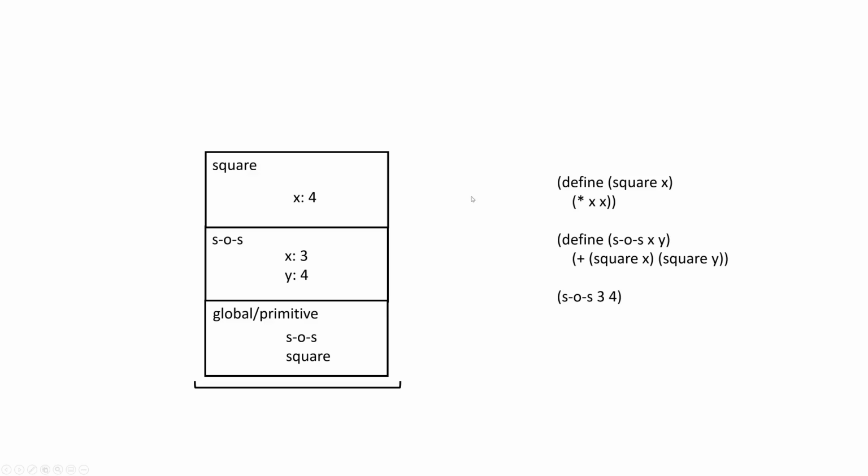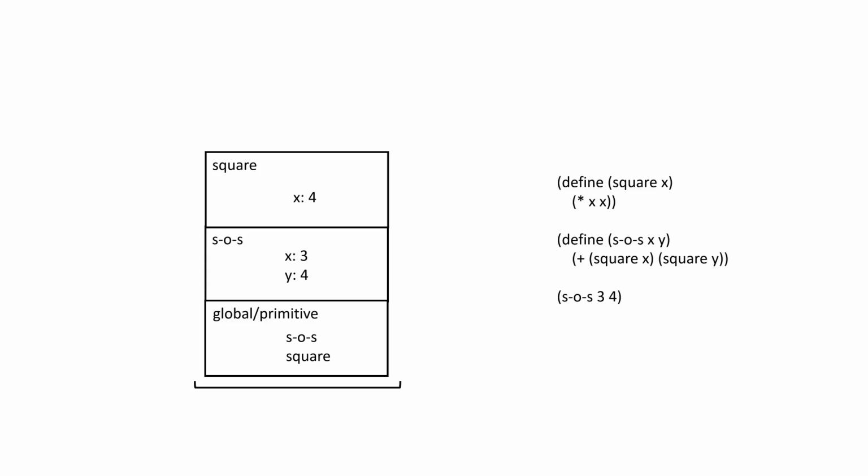So it's important to note that each instance of a function call gets its own activation record, okay? So each application is its own separate entity in memory, with its own storage of local variables and all these things. Now, as I mentioned, activation records contain information like all the local bindings and parameters and all that sort of thing,